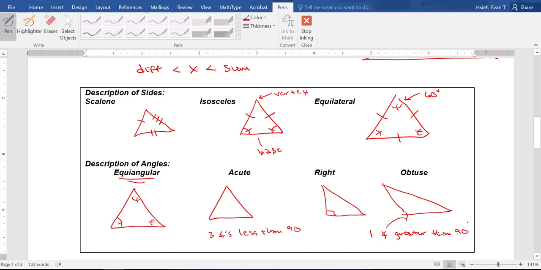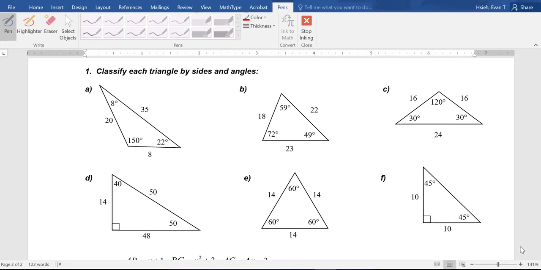Okay, so let's jump to the back side. Let's take a look at some problems on the back. Okay, here we are on the back side. The first problem here, we're going to take 6 triangles and we're going to classify the triangles according to their